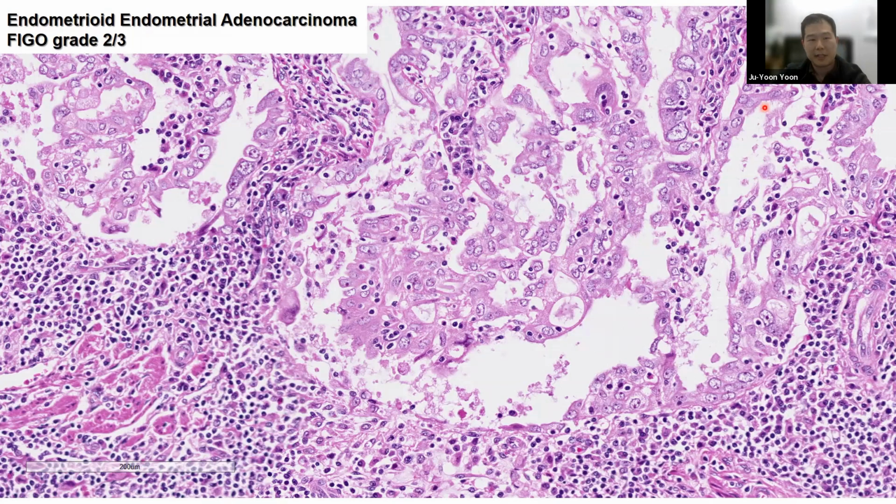Even though a lot of it is gland forming, the cytologic atypia exceeds what I usually see in grade 1. So grade 2 is how I end up grading it because of that. But also note that even though this is very highly atypical, there's a lot of quite eosinophilic cytoplasm. These are some of the histological correlates that we can see in this, not a separate entity, but this particular form of endometrial carcinoma.